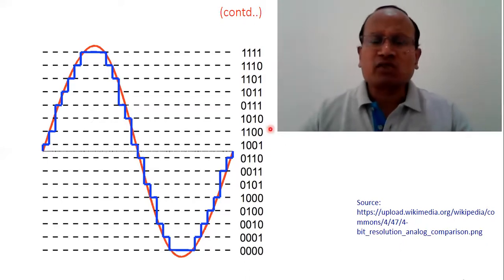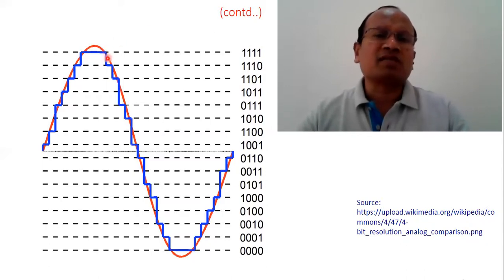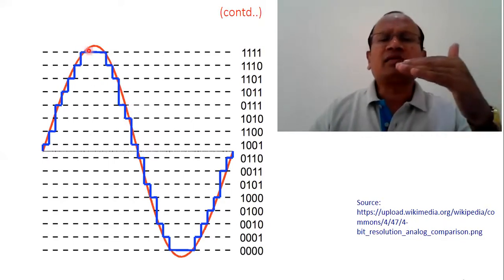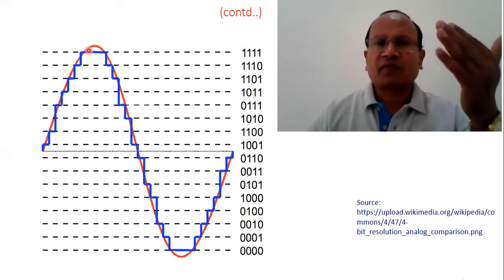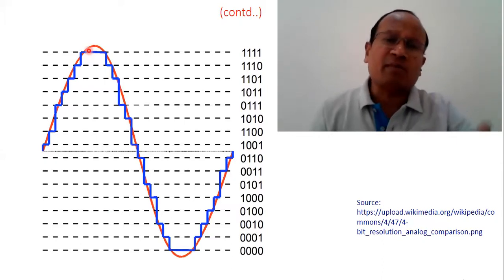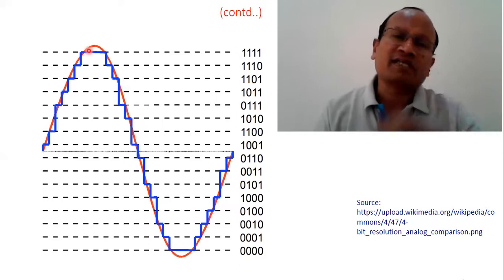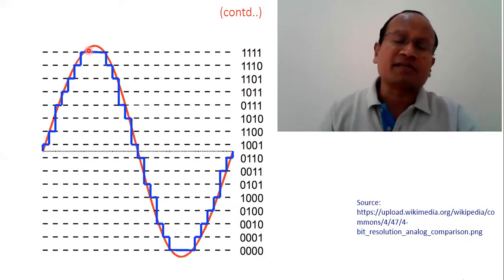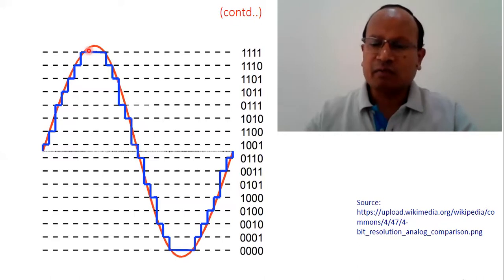There is one more drawback associated with PCM. Sometimes we find that some neighboring pulses, neighboring samples have almost equal strength, and the magnitude is almost the same. But what do we do? We encode both the samples again. Despite knowing that they have the same amplitude, the same strength, the same number of bits are encoded again for that sample. So sometimes redundant bits are transmitted. Redundancy in the number of bits is an important issue in the case of PCM.